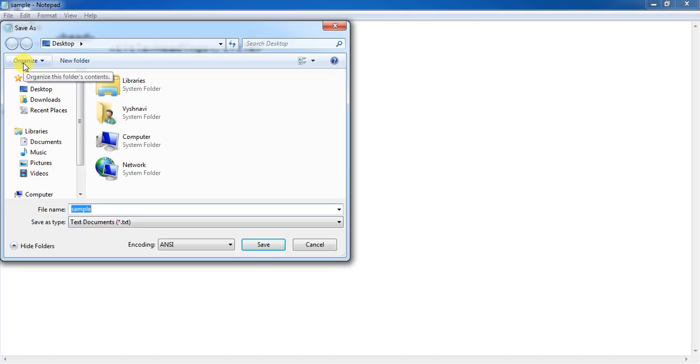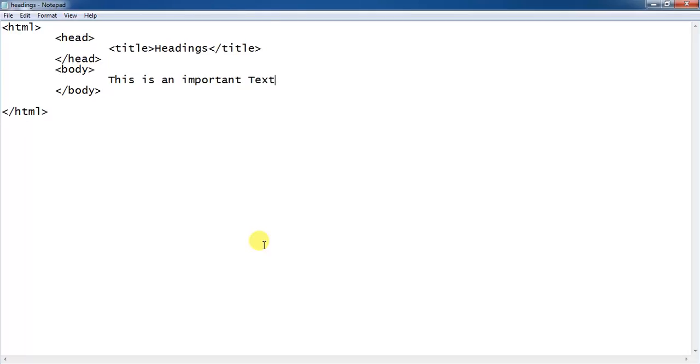Here I am saving this program as headings.html on my desktop and clicking on the save button. Now I will try to see the output of this particular program. For that, I am opening my Internet Explorer web browser.